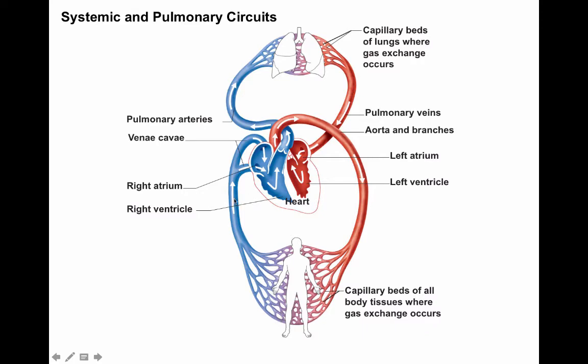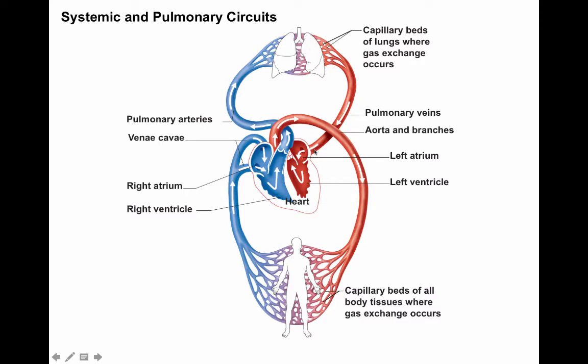Usually starting this equation with deoxygenated blood coming from the body superiorly and inferiorly into the right atrium, circulating into the right ventricle through the bicuspid or mitral valve, up through the pulmonary valve or pulmonary semilunar valve, out to the lungs through these pulmonary arteries,